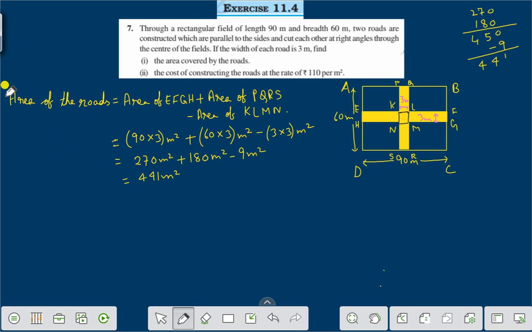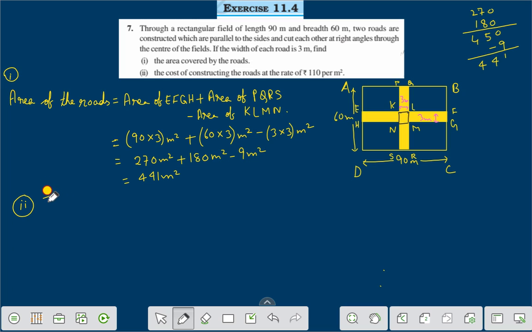Now this is the solution of question number 1. Now question number 2 is the cost of constructing the roads at the rate of rupees 110 per meter square. Therefore, the cost of 1 meter square,